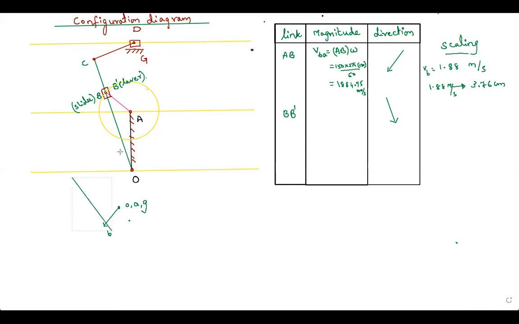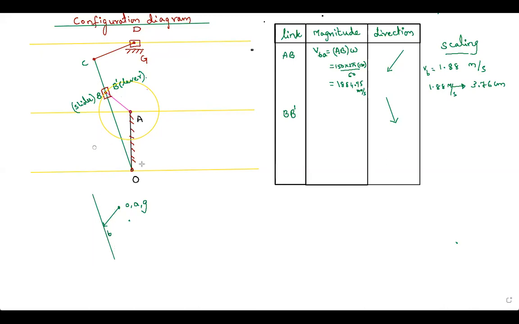Exactly, we don't know. It should be parallel, but whether I should draw it on the top or bottom, we don't know. Just draw it this manner. It might cut anywhere. Okay. So I know that on this link I have B dash, but I don't know where. So now what do you do?